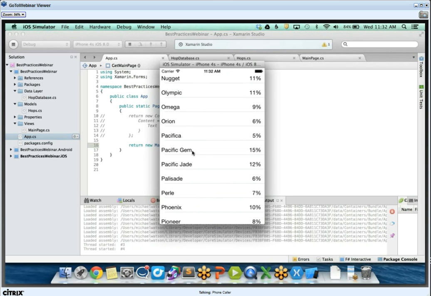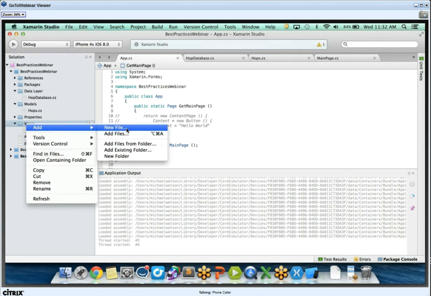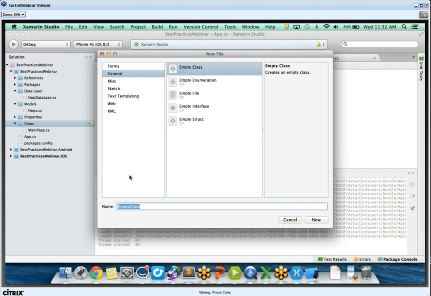So very simple. Now, very commonly what I've run into is I've made a list view on a content page only to go further in my project to find I need to show that same list view over and over again. So there's actually an easier way to start sharing your list view code. So let's go ahead and jump into that. So using this same idea, we're going to go ahead and create a new page, or a new view, and we're actually going to call this our hop list view. So in our hop list view,